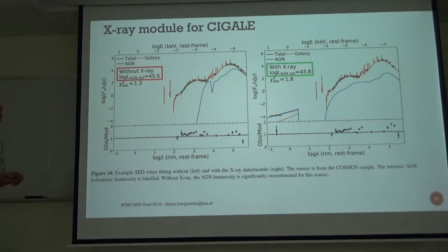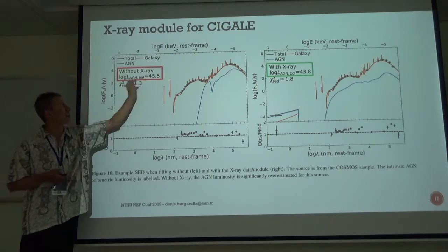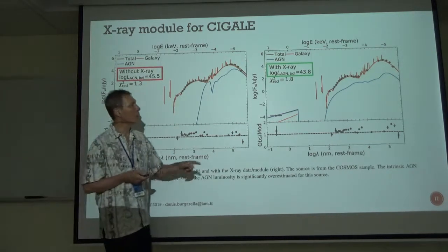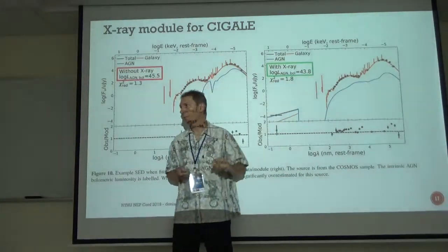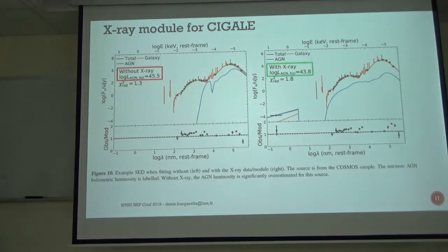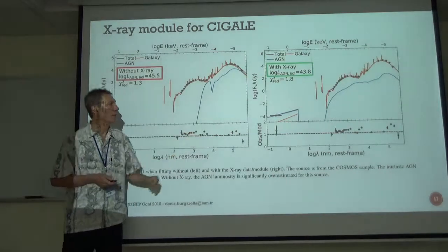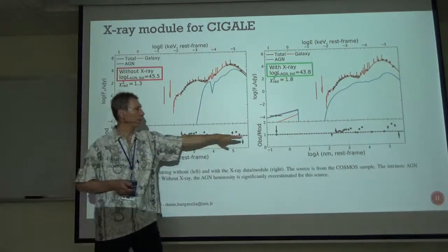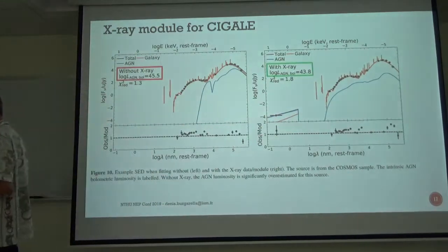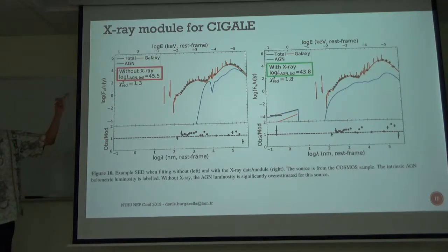You see here 2 examples. So this is one galaxy without the X-ray. The AGN luminosity estimated would be log L 45.5, and with the X-ray 43.5. So that means that without it we overestimate the luminosity of the AGN. In addition to that, the shape is different, as you can see. But the residual is quite good from X-ray to far infrared. So this X-ray module is based on some alpha OX